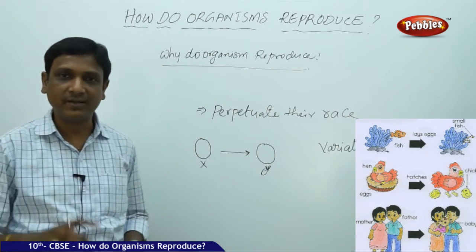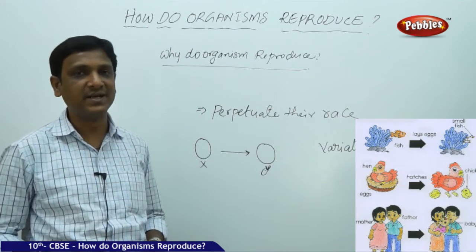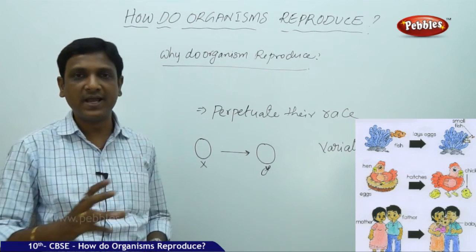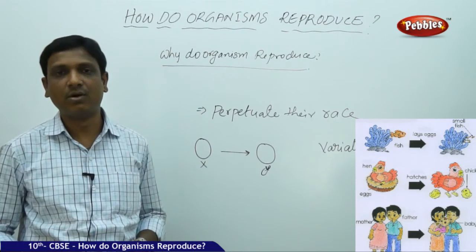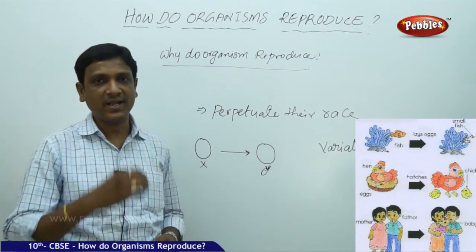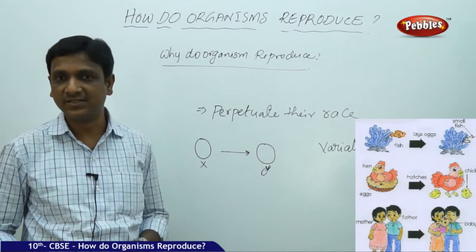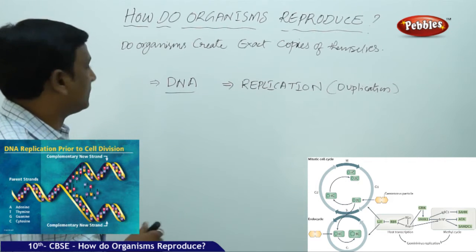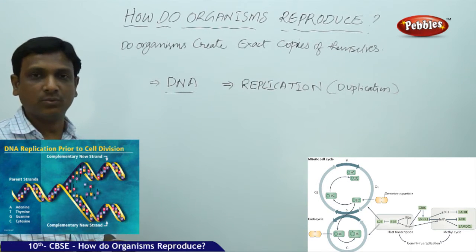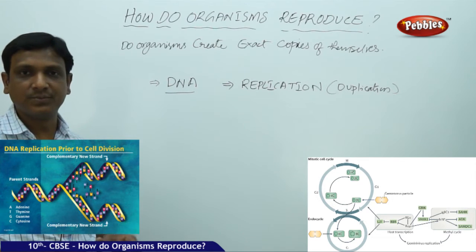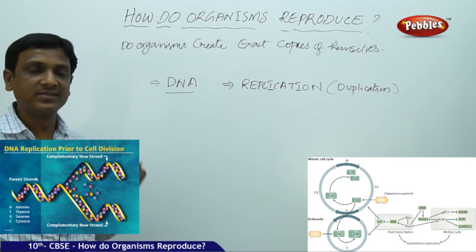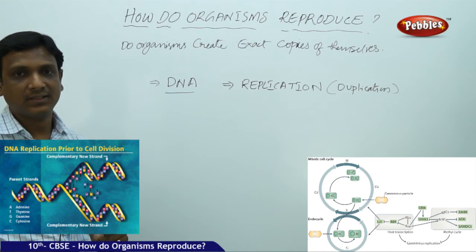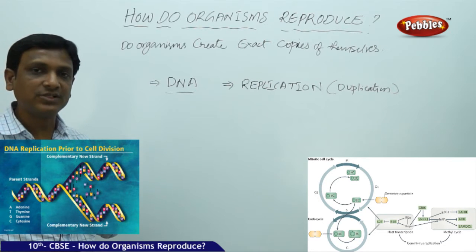But here we learned one thing: reproduction is a complex process. It needs a lot of energy and materials. This process is achieved by both plants and animals, but in different ways, not in the same way. Plants have different mechanisms to reproduce. Animals have different mechanisms to reproduce. Here we have seen that organisms produce the young ones of their own kind. Whatever the reasons might be, the young ones are not exactly identical to the parent. But every organism produces the young ones of its own kind.